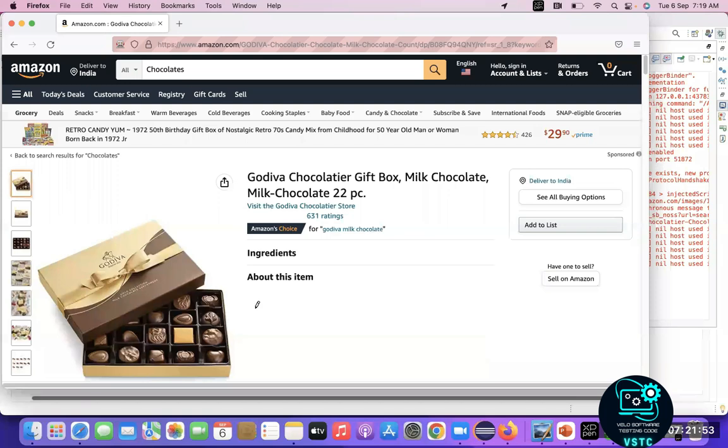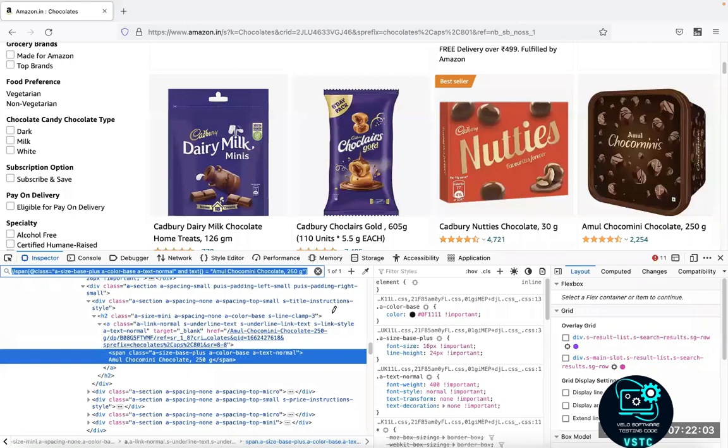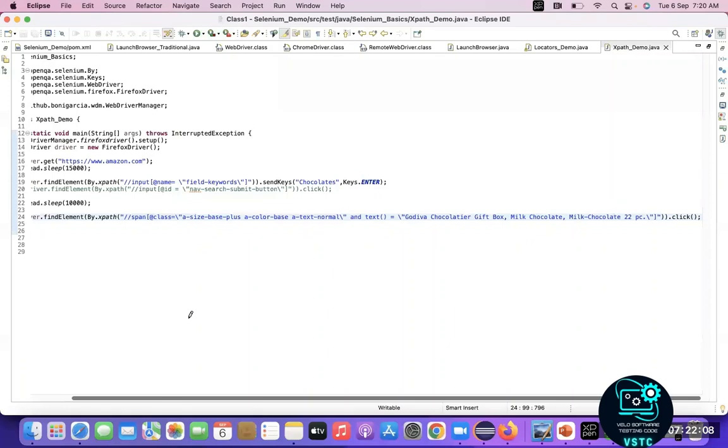Here the driver is following the instructions in a fast way, but the browser is taking a lot of time to load. It is slow. So there comes the synchronization issue. In order to avoid these synchronization issues, we have a concept called waits that we will be discussing going forward in the upcoming sessions. There are different kinds of waits that we will be discussing. So as of now, I'm asking the driver to sleep for some time, for 10 seconds or 15 seconds like that, until the browser is completely